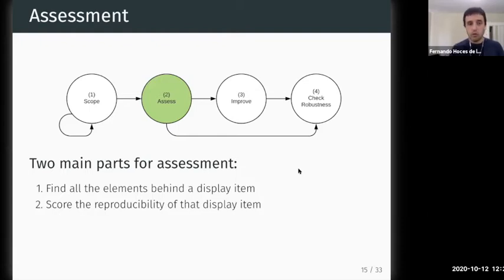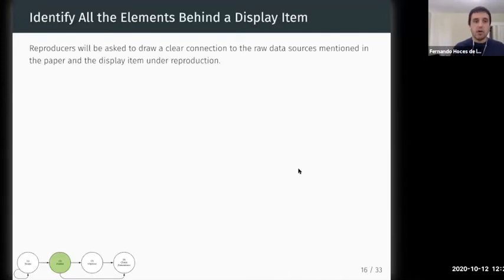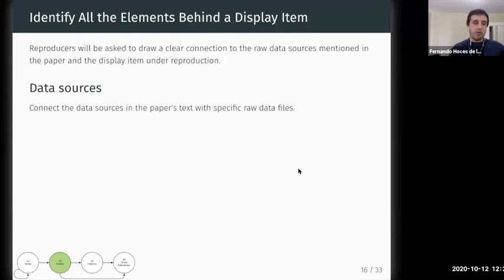Okay, so I'll move into assessment. The idea of assessment is to identify all the pieces in a reproduction package and then try to reproduce a specific display item, table, figure, or something like that. In the first step, we ask the reproducers to look in the paper and see what the data sources are that are described in the paper in narrative form. So, for example, the Current Population Survey, something like that. And that's the data source. And then we ask them to map that data source to any specific raw data files that they might have in the reproduction package. Then we ask them to identify what the analytic data sets are, defined as the ones that are used